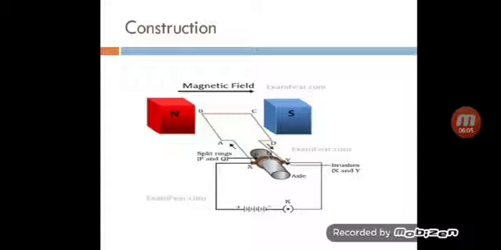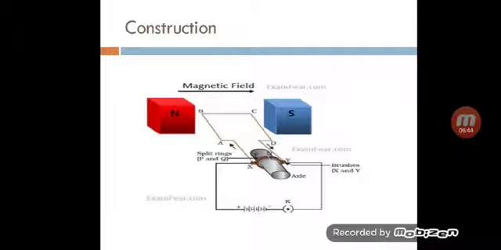Now, if the position of the magnet is changed, that is, in the place of the north pole it is the south pole, and in the place of the south pole it is the north pole, and we apply the same Fleming's left hand rule, now the direction of the magnetic field will be along the left direction. Then the direction of the force will be outwards in the case of AB, and on CD the direction of the force will be inverse. In this case the direction of rotation will be clockwise if the position of the magnetic poles has been changed.